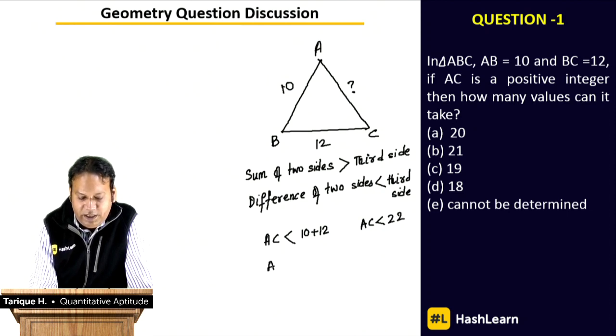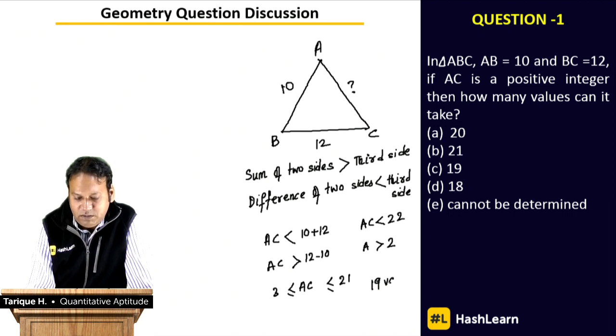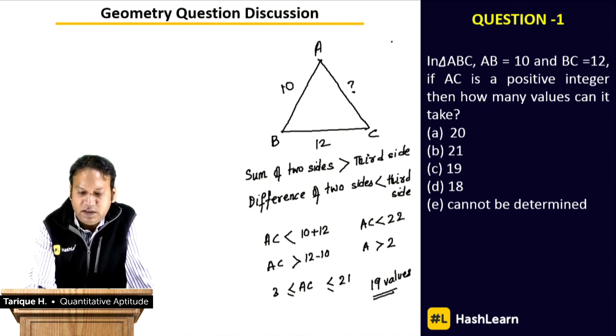And AC will be greater than the difference of the other two sides, 12 and 10. So AC is greater than 2. So AC can take any value starting from 3 and up to 21. That means AC can take 19 possible values. If you count from 3 to 21, there are 19 values, and that is why the answer for question number